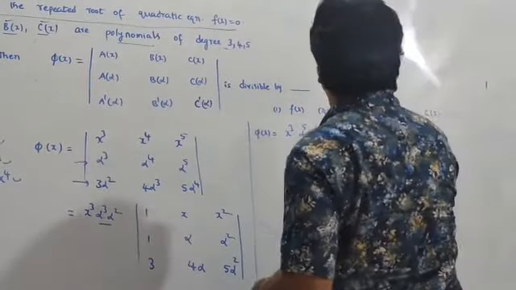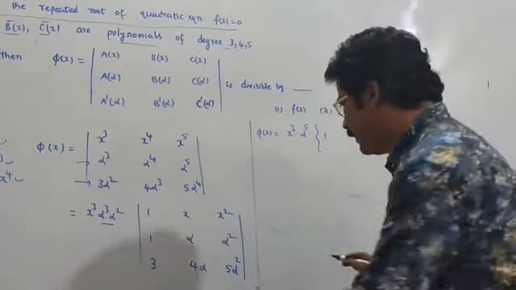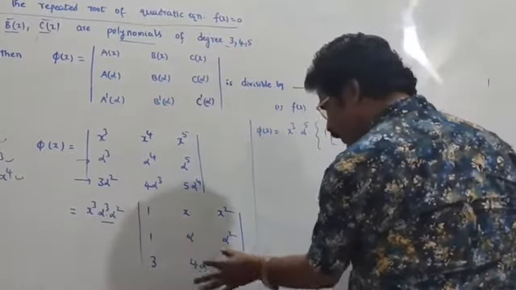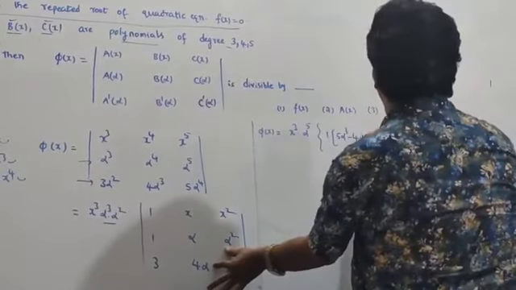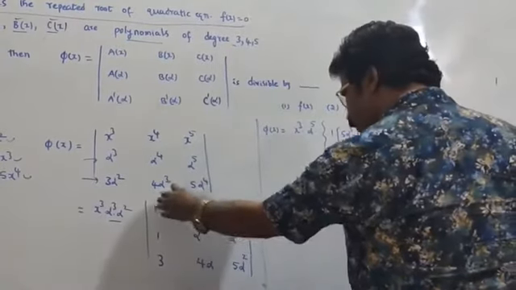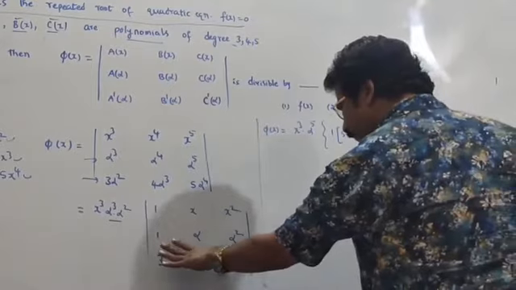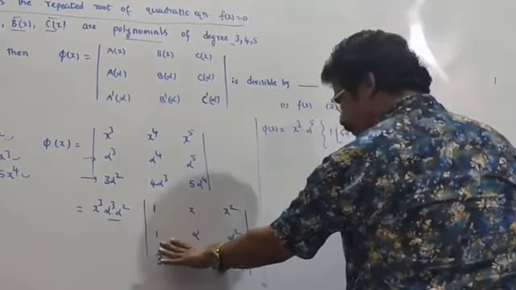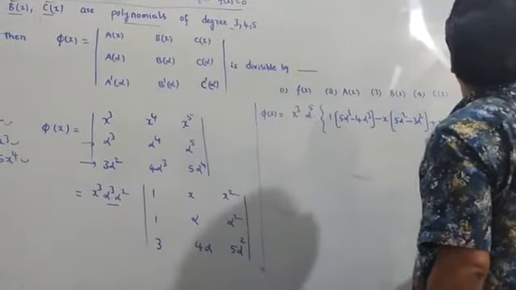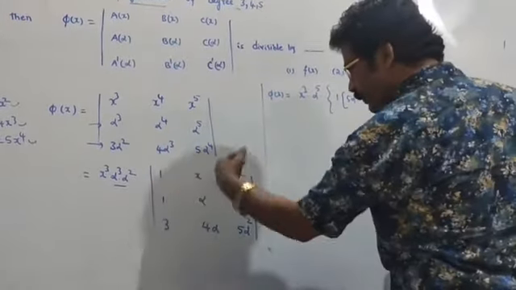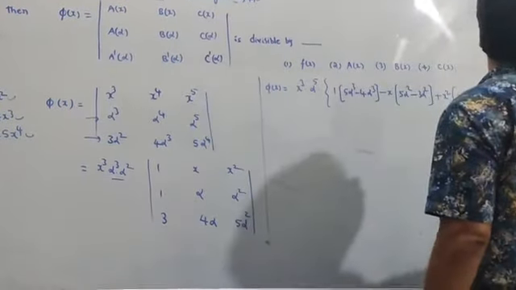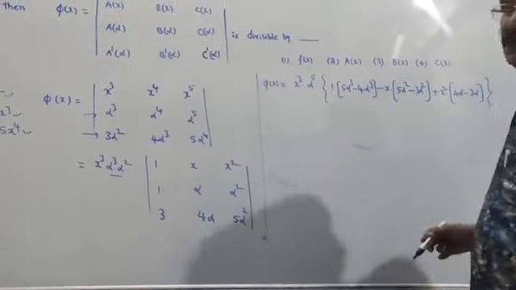Okay, so bracket begin 1 into (AD minus BC): 5 alpha cubed minus 4 alpha cubed, next minus x into (delete its row and column): 5 alpha square minus 3 alpha square, next plus x square into (4 alpha minus 3 alpha), so bracket close. So once again I am telling that